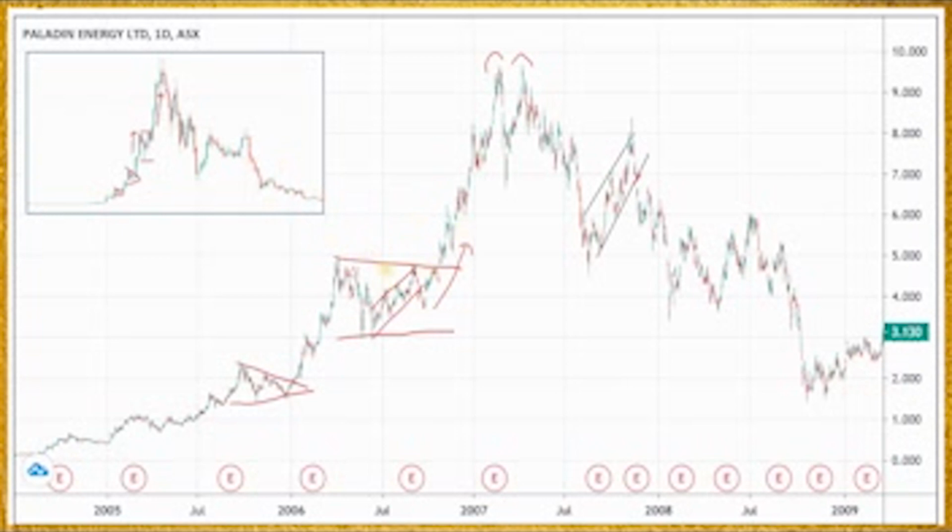So for example, in the case of Paladin, if someone had bought at a few cents down here and had managed to ride things up to say $5, then you would want to be taking profits as prices rise, rather than expecting to get out exactly at the top. It's just luck, really. I don't know anyone who's consistently able to do that.